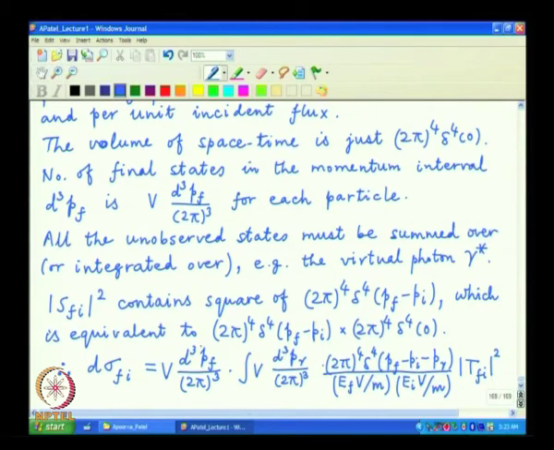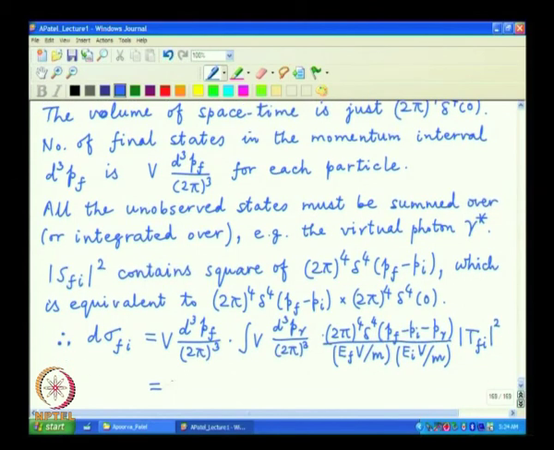So, all the rest of the stuff is all the various normalization conventions, and one can easily now integrate over all the simple things and cancel all the factors of volumes, and they must cancel. The V which is used in this formula is only a convention, and the final cross section cannot depend on what you choose for the value of V. So, the delta function can be simplified by using the photon momentum integral. Only the energy delta function survives, and the result is